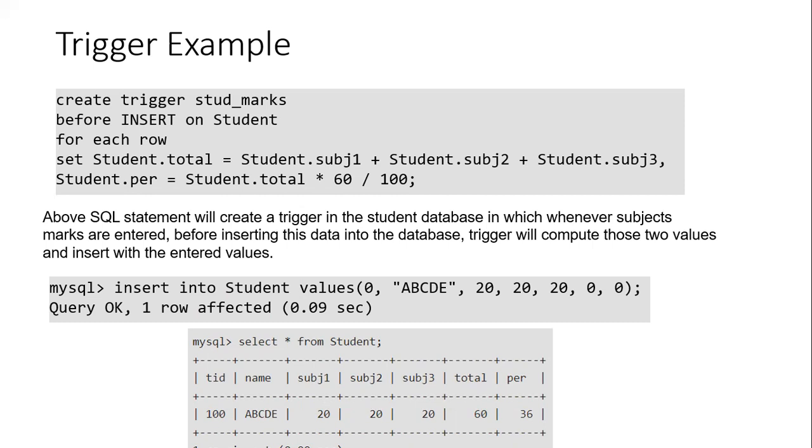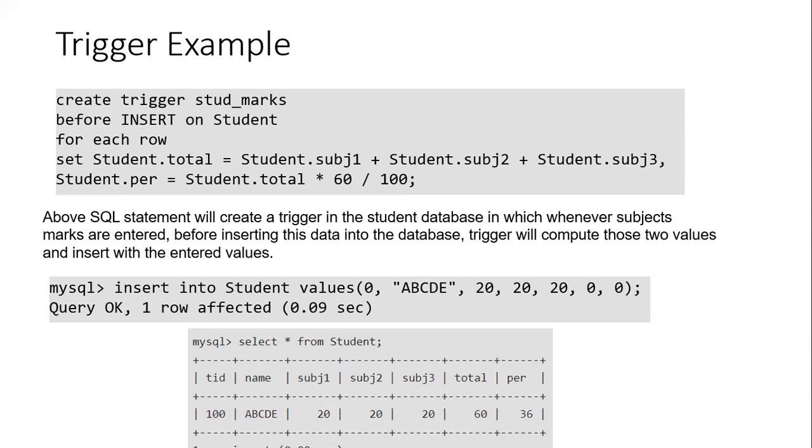You can see here the total and the percentage are automatically calculated and inserted into the tuple of the table student. So this is how we use a trigger for any particular task in a database.